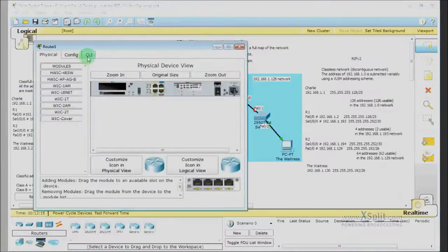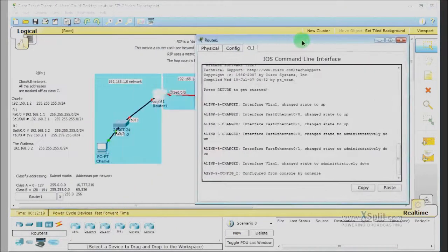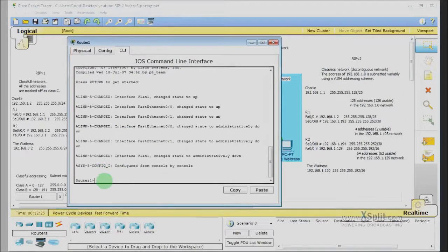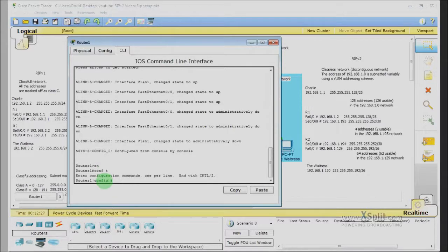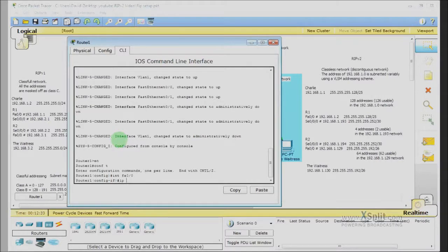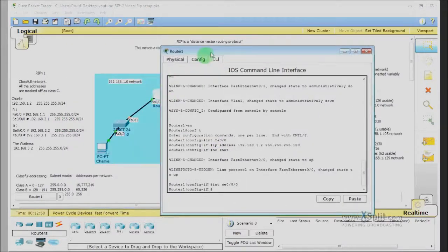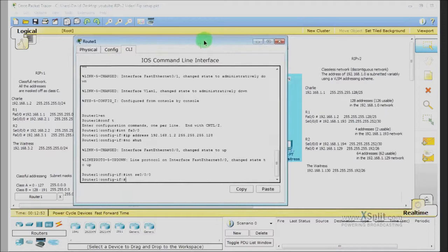So I'm going to go into this router, start configuring these interfaces, this FastEthernet and this serial interface here. So enable, conf t, get that out of the way, interface fa0, this is its way out, IP address 192.168.1.2, 255.255.255.128. No shut, bring it up. Interface se0/0/0, which was the serial, this serial interface just here. Address